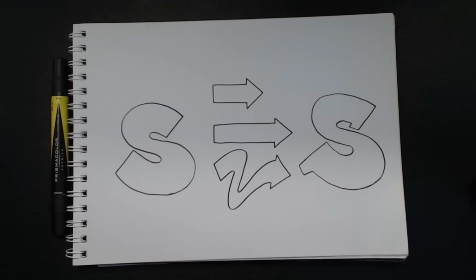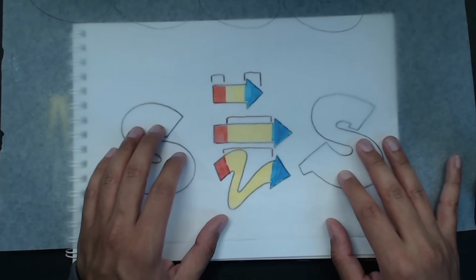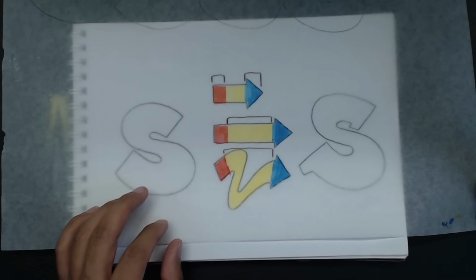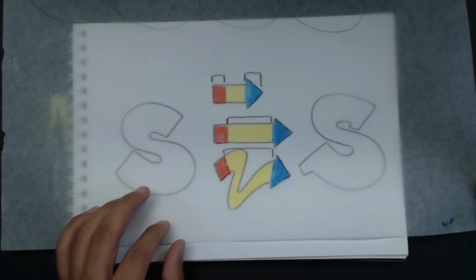Now the reason for this is because of the anatomy of an extension. Like anything in art, it's got anatomy applied to it. There's a science, there's a method behind the madness here, and we can easily demonstrate that with the red, yellow, and blue markings on these extensions. So it doesn't matter what kind of extension we're using, we can break that up into three different pieces. You have our origin marked in red, and this is essentially where the extension is going to branch out of the letter from. And then we have our travel distance marked in yellow, and that's exactly what it sounds like. This is the part of the extension that actually extends and moves. And then we have the destination marked in blue, and this is the area where we conclude what our extension